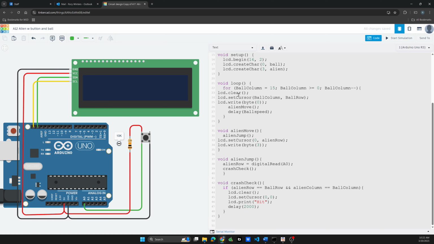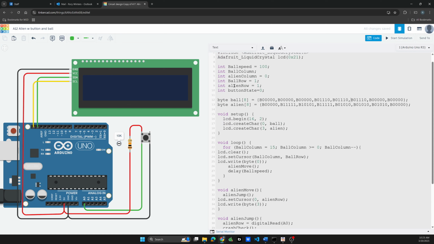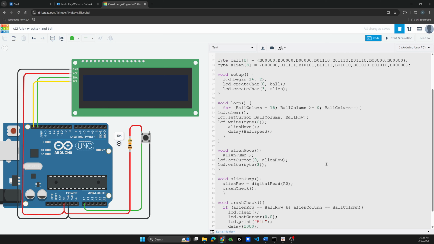It's going to start off by clearing the screen. So that's always a debate. How many times do we have to clear the screen? So I think that this is the only time we clear the screen, but I could be wrong. And then the initial thing is setting the ball column, which is up here, and the ball row. And we declared the ball row already as 1. So it's always going to go on the bottom. We could change that